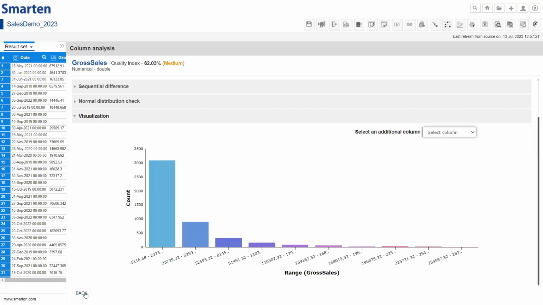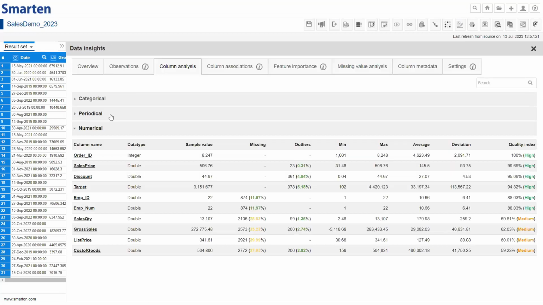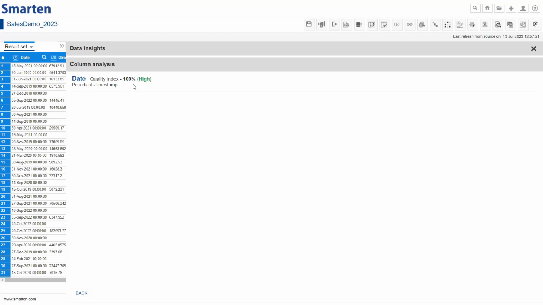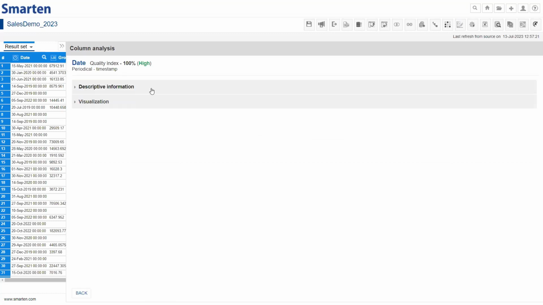Let me quickly go back, and we can also analyze our periodical data types. Here we have one date column which has the datetime data type, and it has basic information like the most recent and least recent date, and it also has the quality index and the range. So let's click on this. It doesn't have any error, as we can see the quality index is 100%. It shows information such as